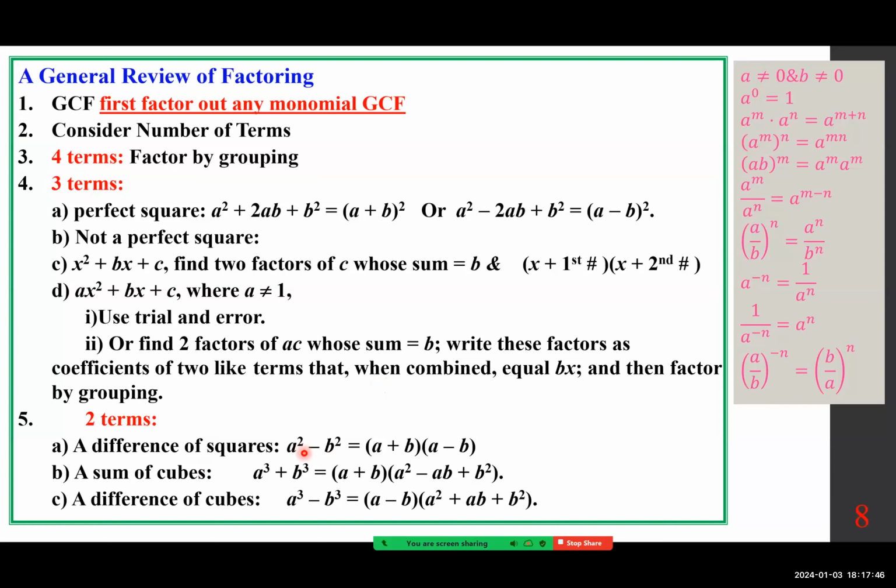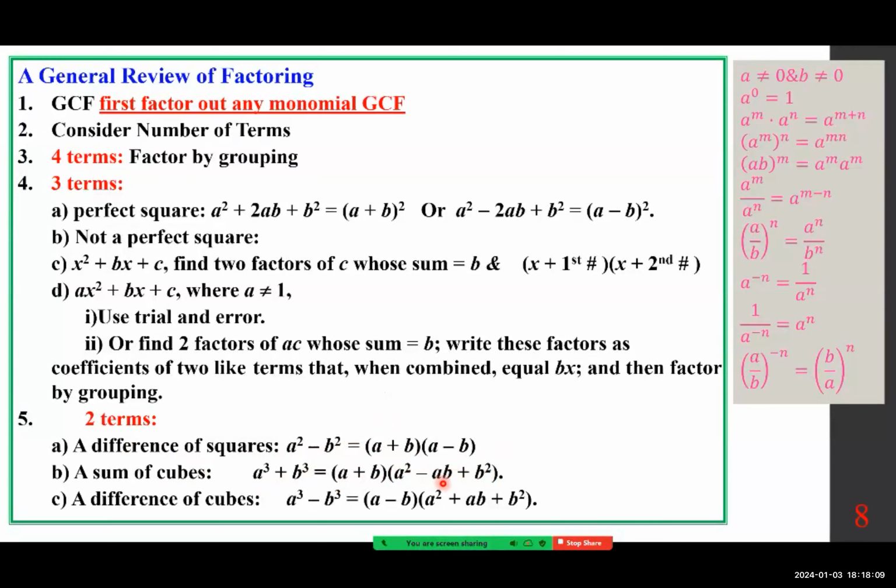Reminding you of the difference of squares. If we happen to have only two terms, remember we had this on the previous page. A squared minus b squared, known as the difference of squares, is (a plus b)(a minus b). If it's the sum of cubes, a cubed plus b cubed is a plus b times a squared minus ab plus b squared. What I want you to pay attention to